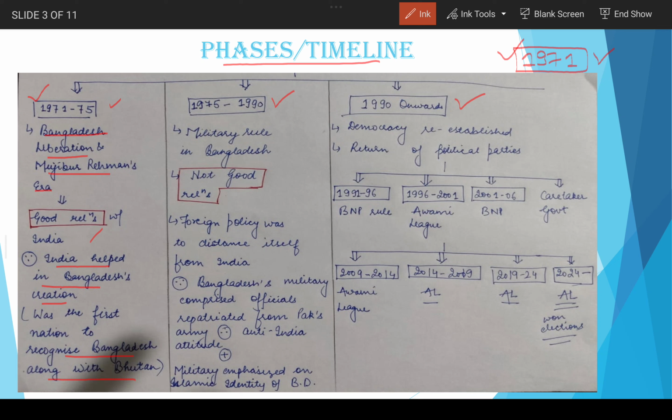What happened in 1975 was the assassination of Mujibur Rahman, after which military rule was established in Bangladesh. From 1975 to 1990, there was this military rule in Bangladesh, because of which the relations with India actually deteriorated. The reasons that India and Bangladesh were not having good relations at the time of military rule from 1975 to 90 are,